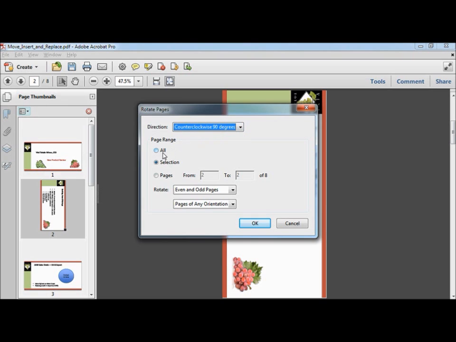You could choose to rotate all the pages in the file, the page selected in the Page Thumbnails panel, or a specific range of pages. You can even designate to rotate only the even or the odd pages. If the document contained landscape and portrait pages, you can even target the pages that are in landscape or portrait orientation. Since we've already selected the file in the Page Thumbnails panel, you can go ahead and leave the default